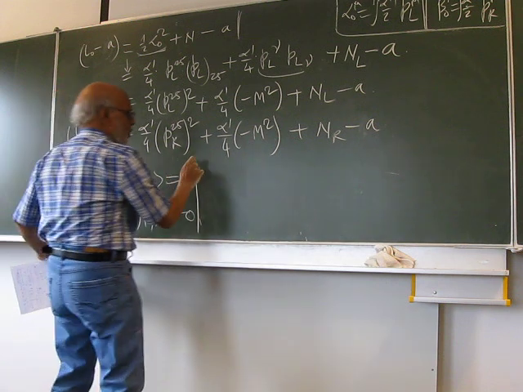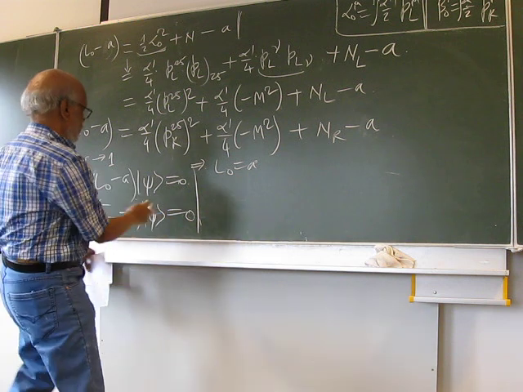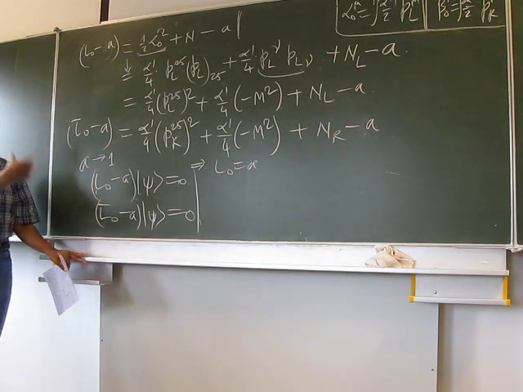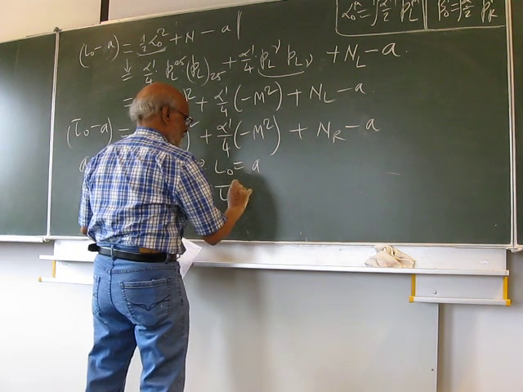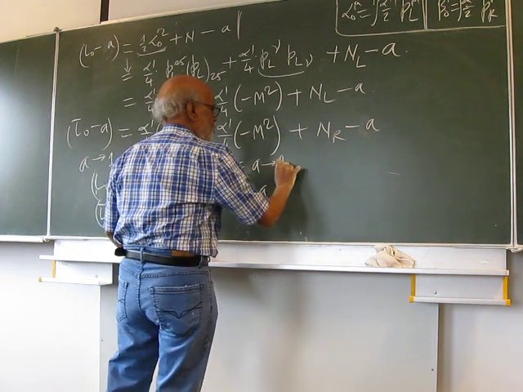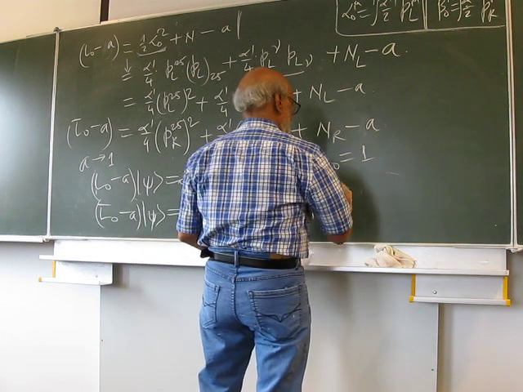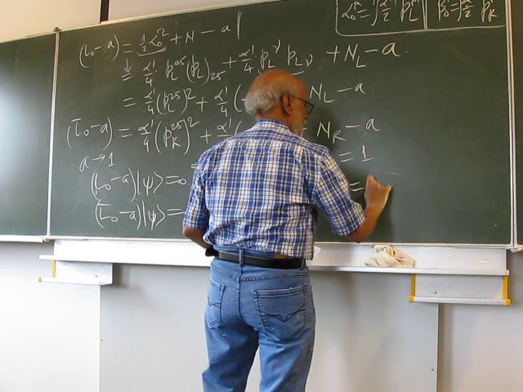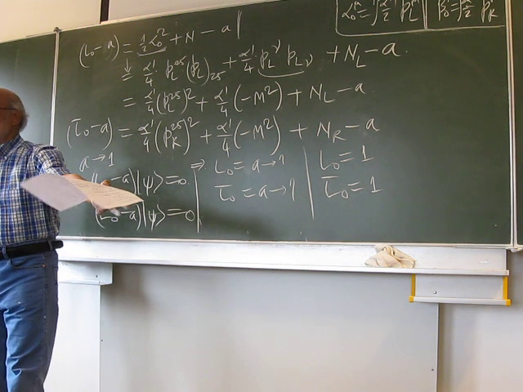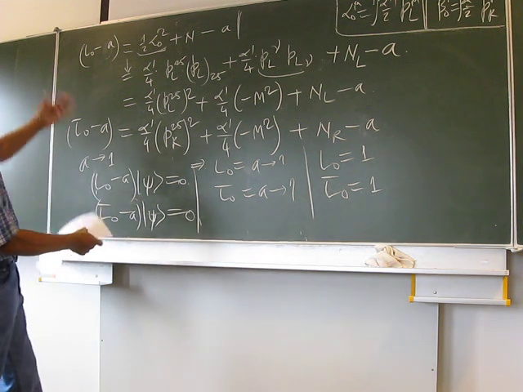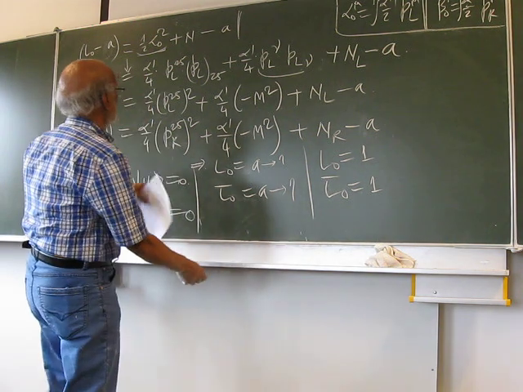So simplifying it, it would mean L0 equal to a, and L0 bar equals to a, and this goes to 1. So effectively you can put L0 equal to 1 and L0 bar equal to 1. And you have this here already, so you can put these things